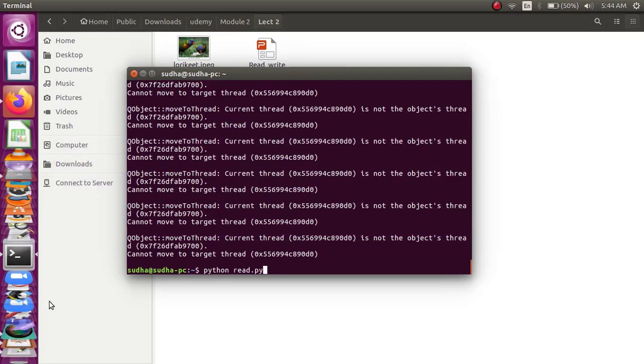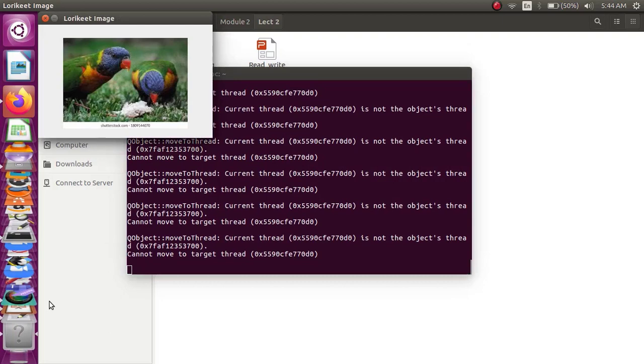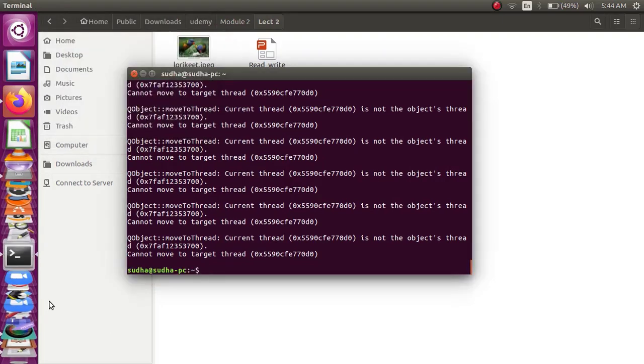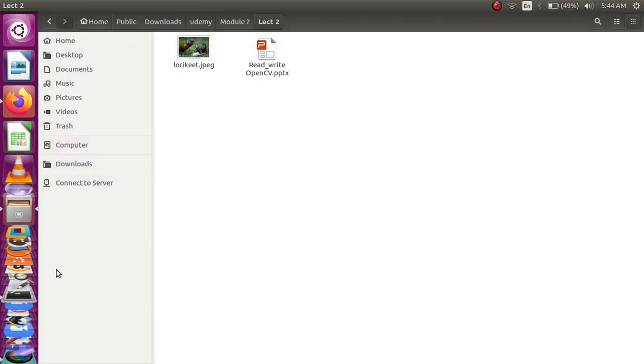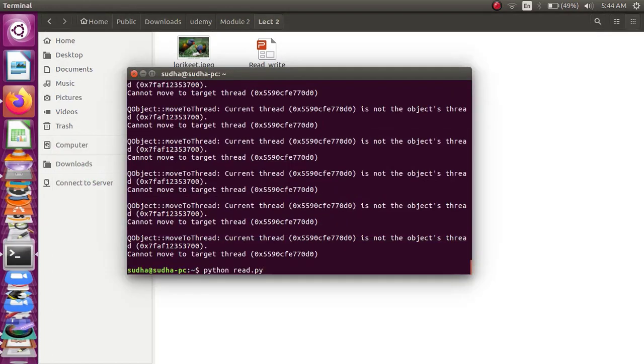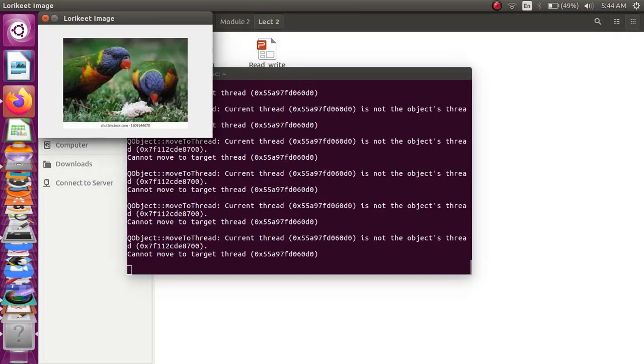I have run this code. Now I am going to press N, which means that the window is closed and we haven't written anything. We haven't made a copy of the file. Rather, now I am going to give the key S. The image is displayed and it is waiting for the key to be entered from the keyboard.